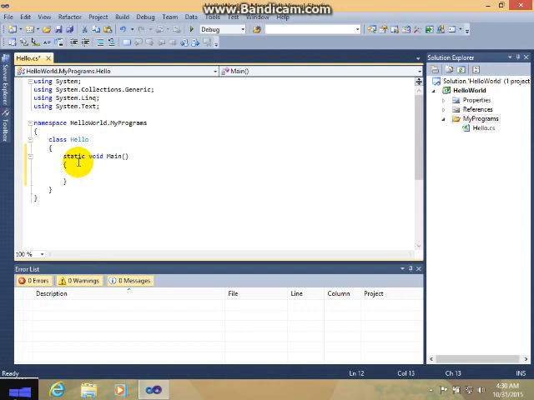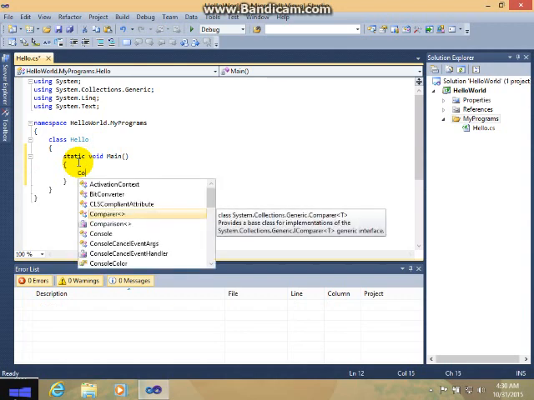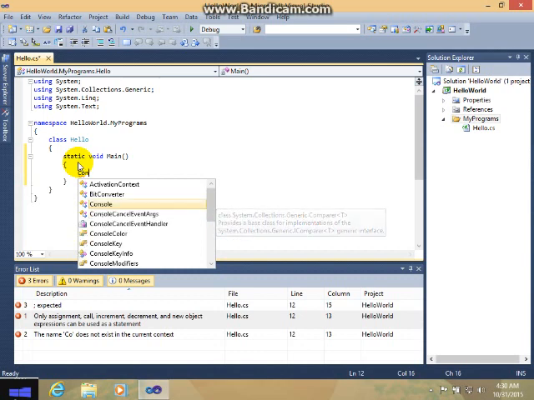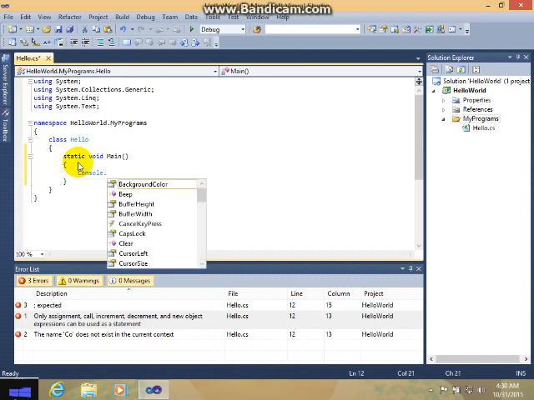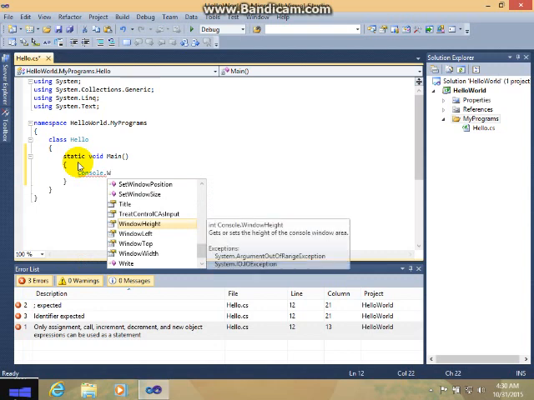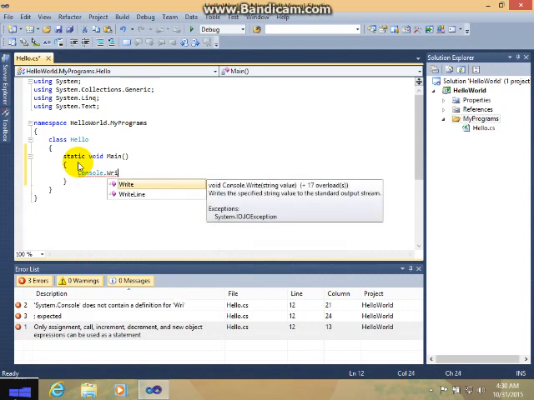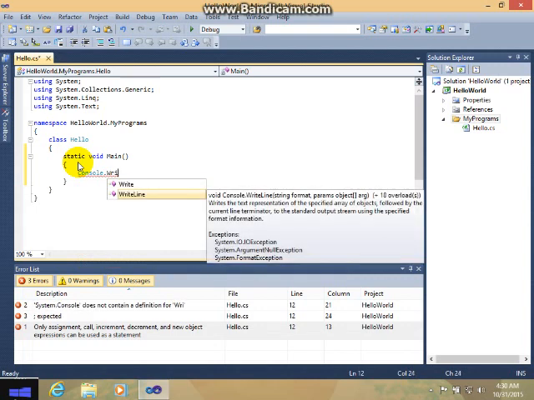The thing is, we want to display Hello World on the screen. Now, in order to display something on screen, you have to type this code: capital C, Console, capital C. Just make it capital, or else you will get an error. Capital W, and this will come up as WriteLine.